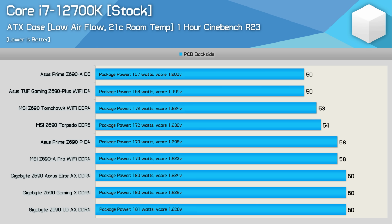The thermal margin between the best and worst boards shrunk quite considerably when using the Core i7-12700K. Here we're looking at no more than a 10-degree difference. Again, the Asus Prime Z690A and Tough Gaming Z690 Plus Wi-Fi D4 delivered the best results. Then we have the MSI Z690 Tomahawk and Torpedo, followed by the Z690A Pro. Then oddly, at the bottom of the graph are the 3 Gigabyte boards, all of which peaked at just 60